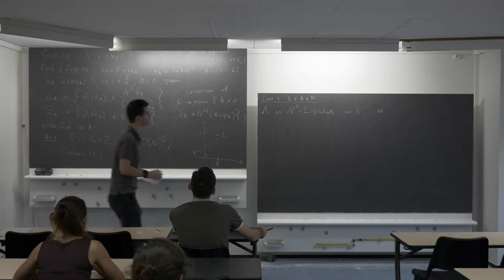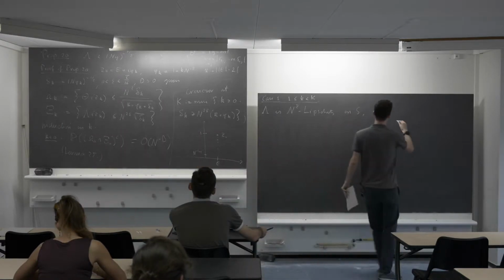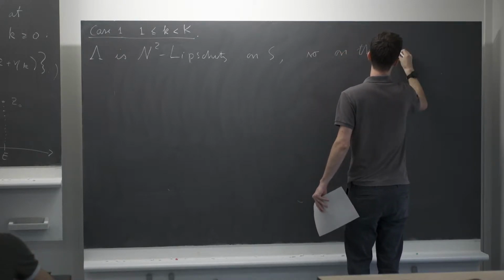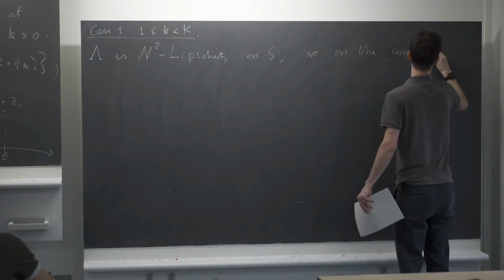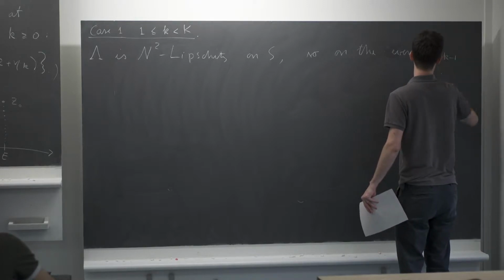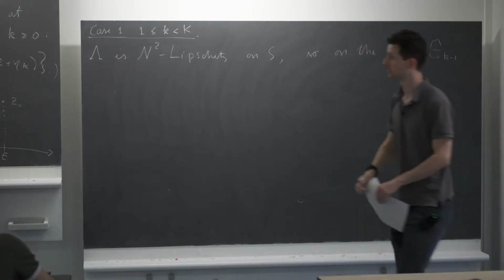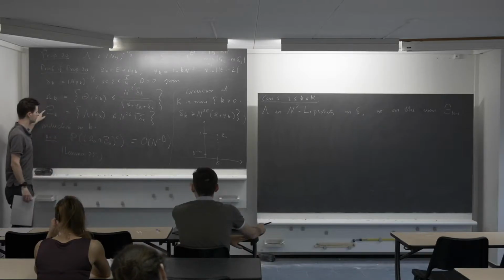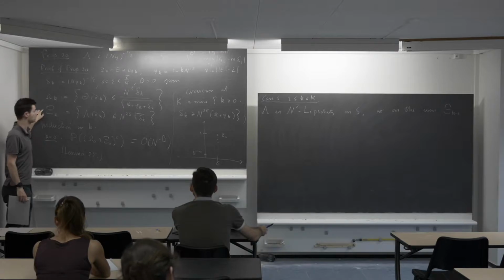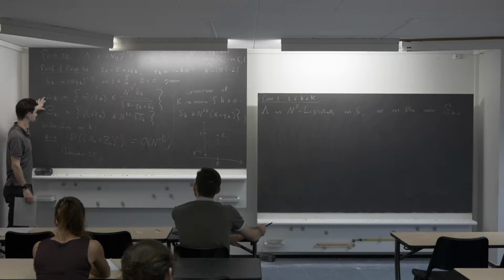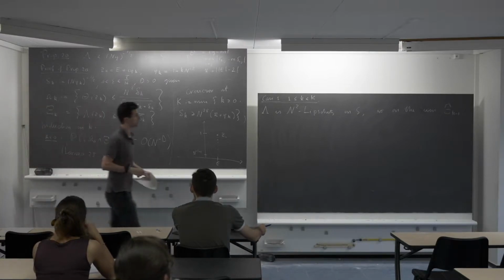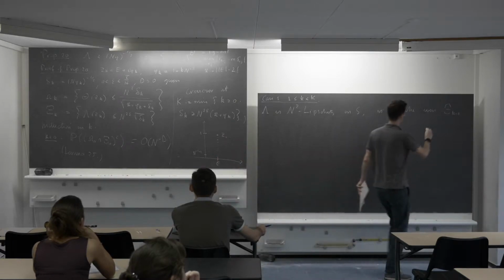Yes, I want to formulate it like this. So on the event, I will make the assumption that I work on the event omega k minus 1 and psi k minus 1. And I want to show that on the intersection of these two events, the event omega k and psi k hold with very high probability. So on this event,